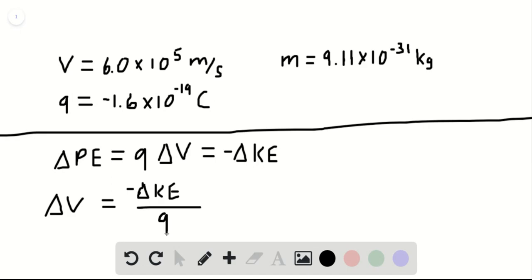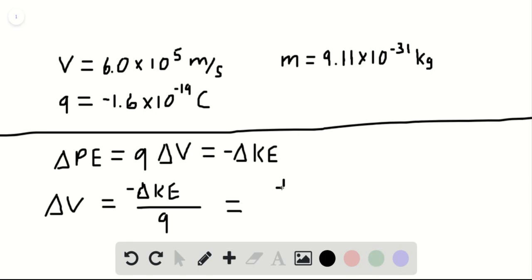Okay, well, we are told that the electron is starting out with a velocity v of 6.0 times 10 to the 5 meters per second. Well, if it's going from that to rest, then delta KE, which is the initial kinetic energy minus the final kinetic energy, is just going to include the initial kinetic energy, since at rest, the final kinetic energy is 0. So this is going to be equal to, since it's initial minus final,